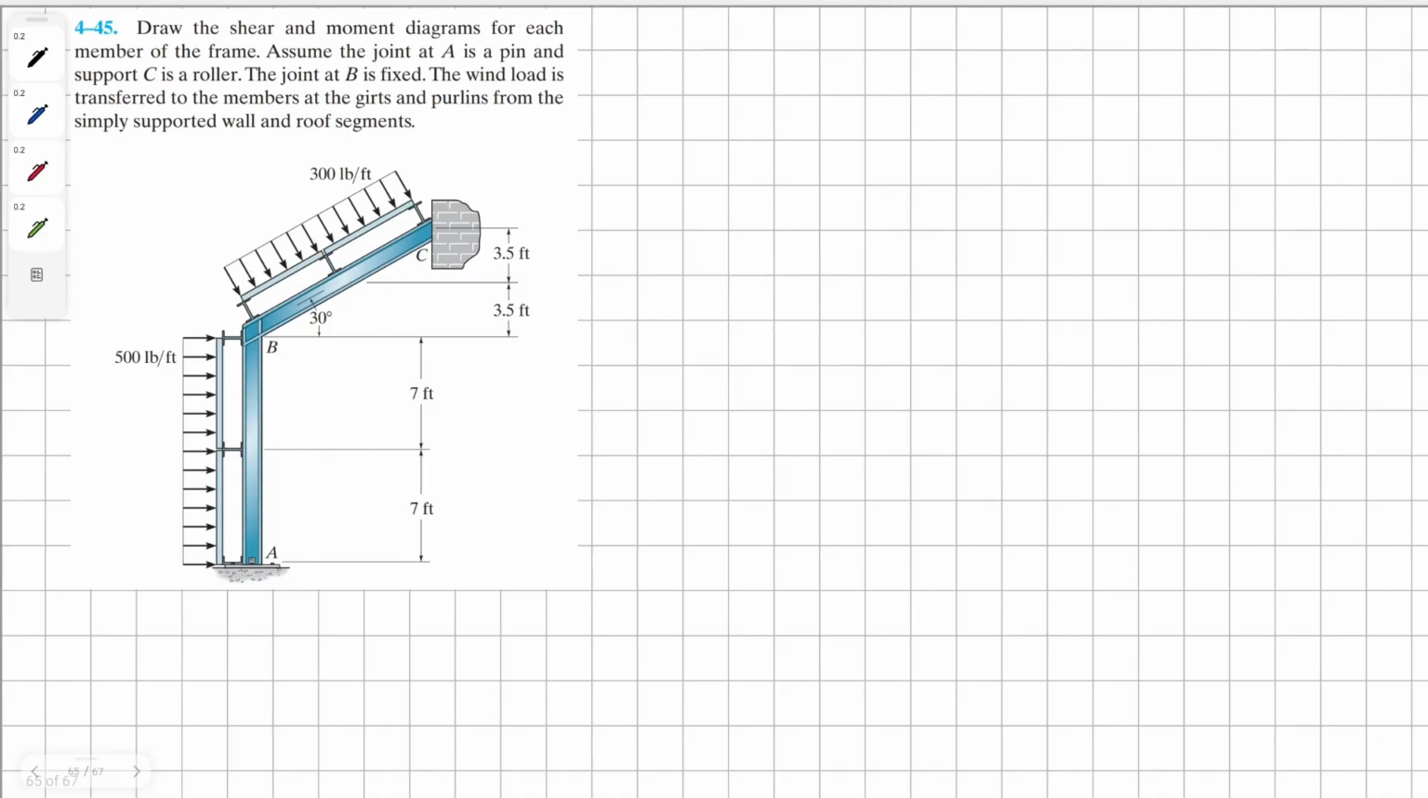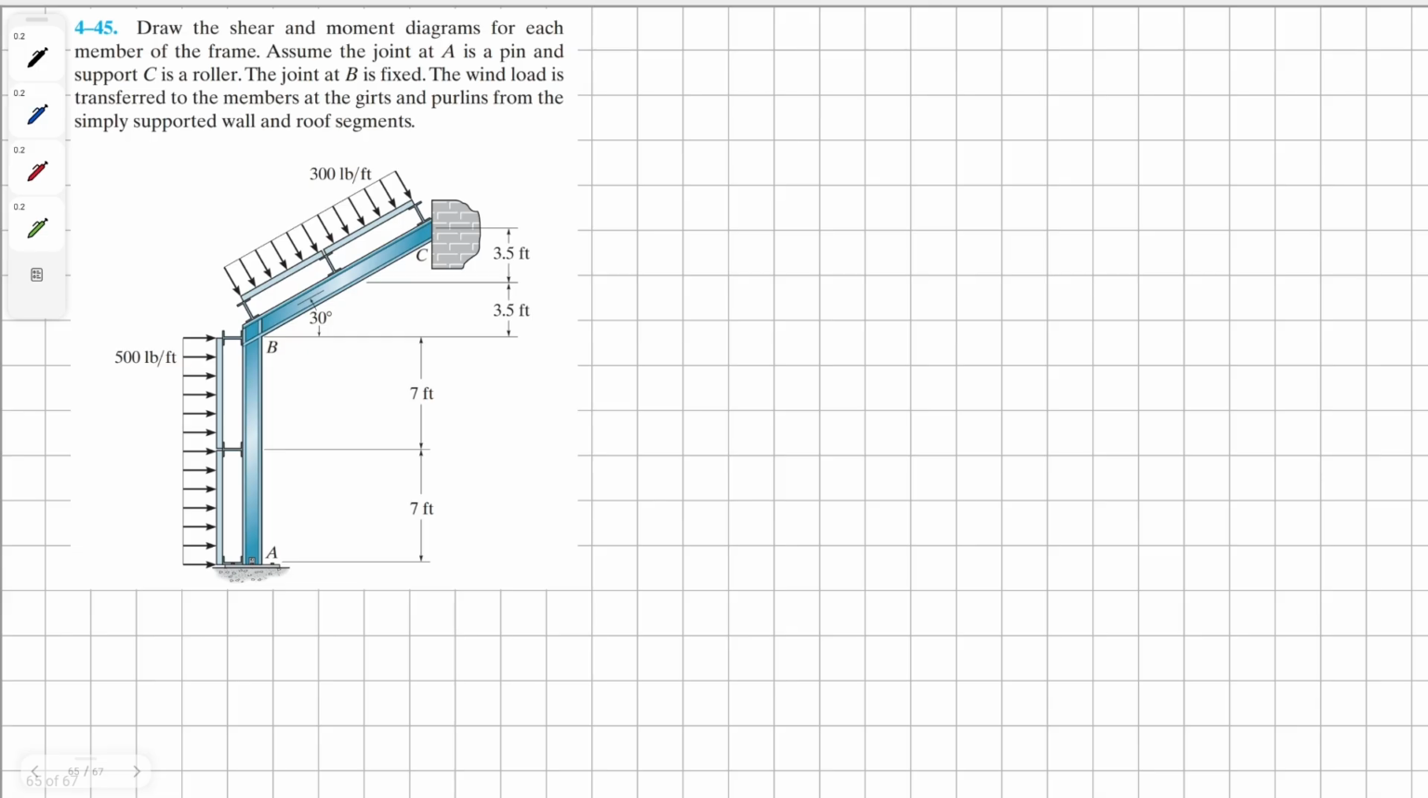Determine the shear and moment diagrams for each member of the frame. Assume the joint at A is a pin and support at C is a roller. The joint at B is fixed. The wind load is transferred to the members at the girts and purlins from the simply supported wall and roof